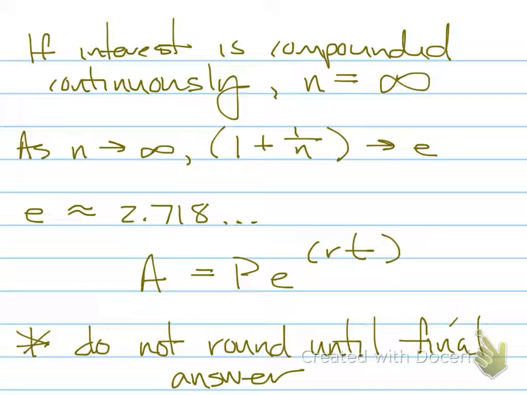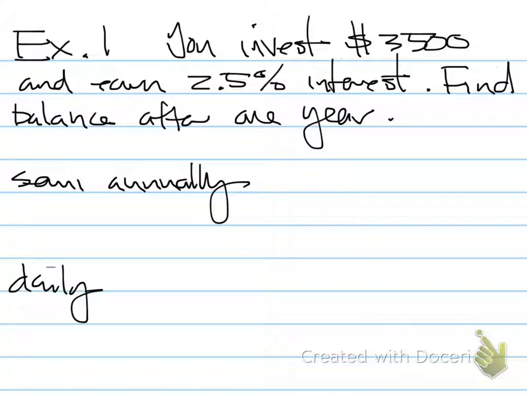Make sure that as you're doing your calculations, you do not round until your final answer. And I'll explain the order of the numbers that you should be punching into your calculator. All right, so you have a $3,500 investment that's going to earn 2.5% interest annually. You need to find the balance after 1 year. We're going to do those calculations with the interest compounding semi-annually, daily,